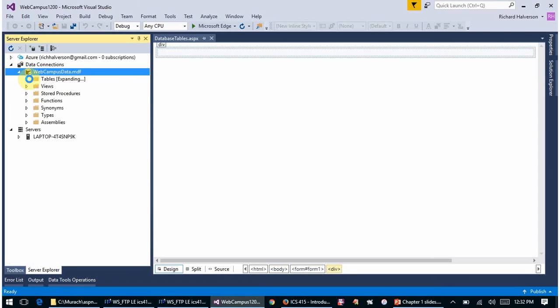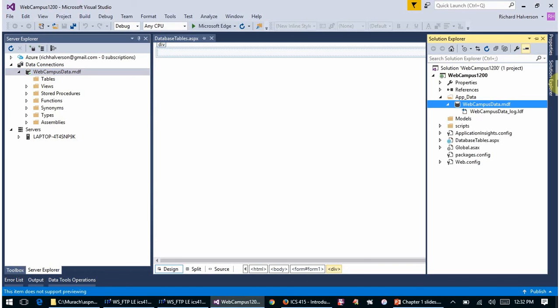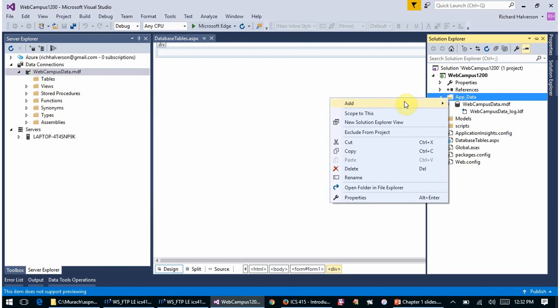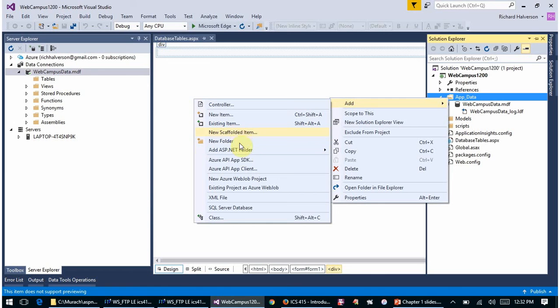We can add tables just like we did before. The other thing that we can do that's kind of neat is once you have a database built, you can always just go here, right-click, add new or add existing item,